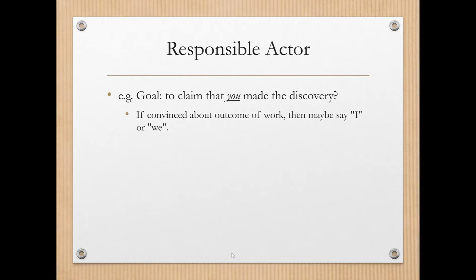We might want to use the words I or we in order to describe the science that we're trying to get funded. In this case, it may not be about the work as much as it is about the person that will be receiving the funds from our sponsor. So we may want to refer regularly to the fact that it is we who will be completing the experiment